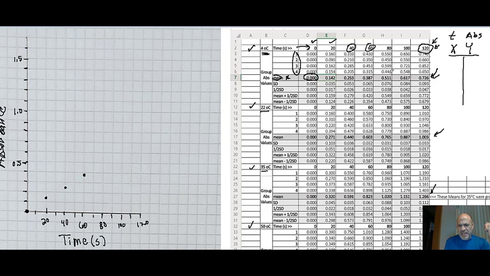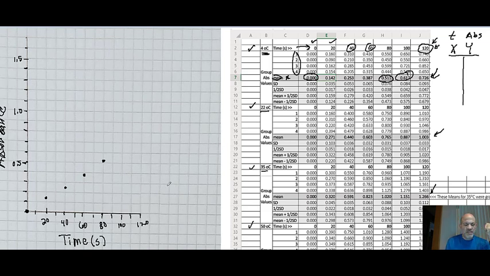Then the next time is 80 seconds, and we've got to go to 0.511, so we'll go to 0.51. So this is 0.5, this will be 0.6. 0.51 is just going to be right above the 0.5 line, because that hundredths place is dividing that space into 10 equal parts. And then at 100 is